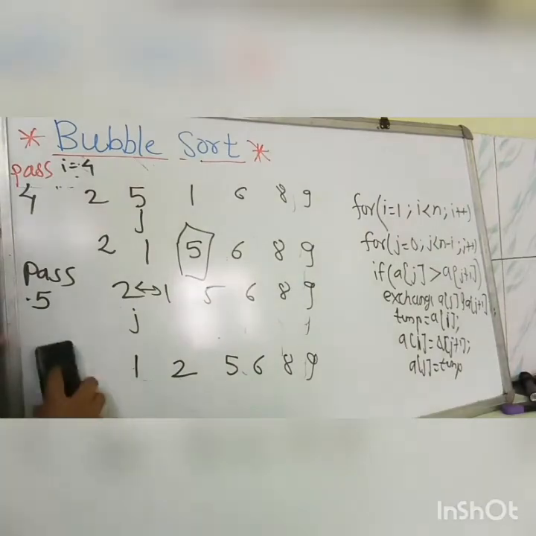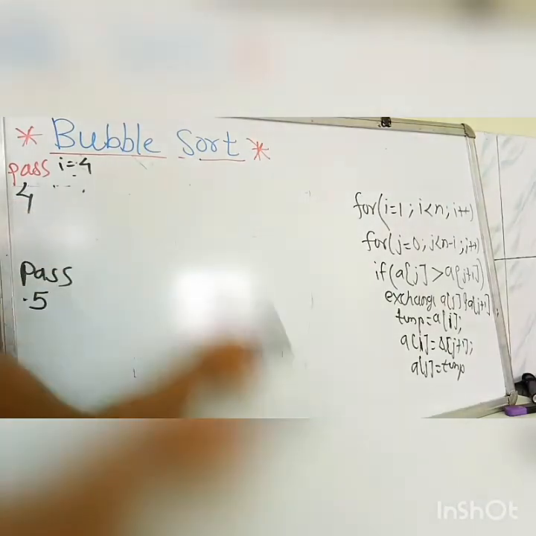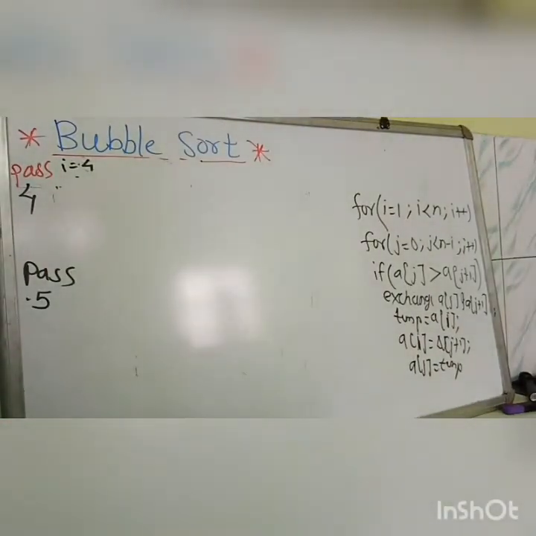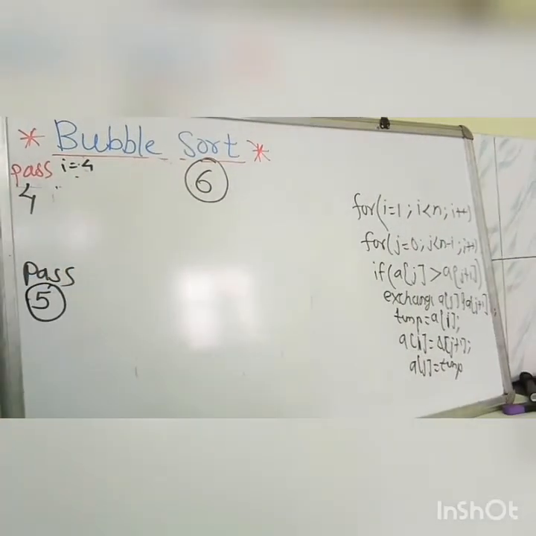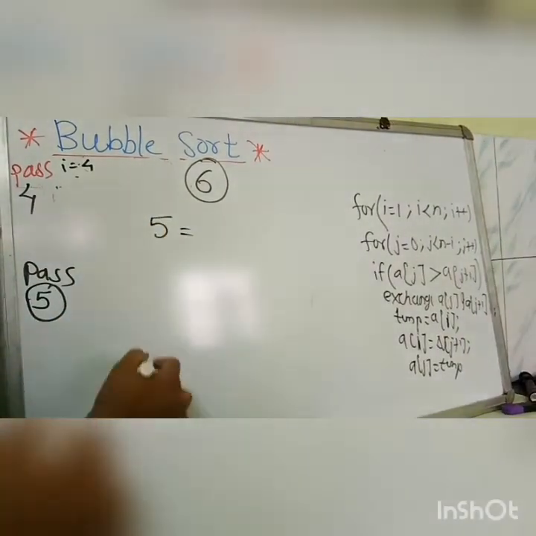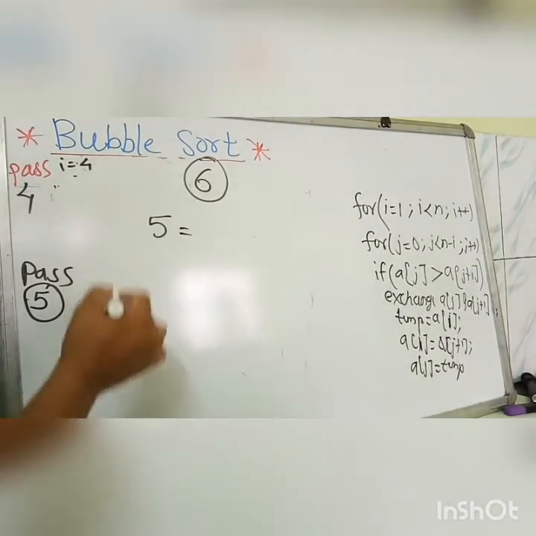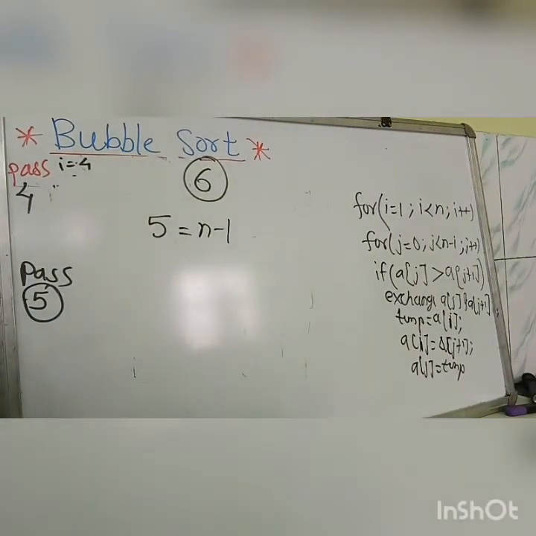Now we will talk about the pass number and your list of numbers. Here in this example, we have seen that there were 6 elements, and here we are seeing that there are 5 passes. This means that for each case in the bubble sort method, we get n minus 1 passes, one less than the total number of elements. This is the illustration of how bubble sort will be executed according to the algorithm.